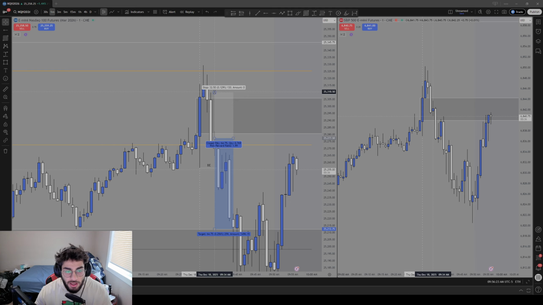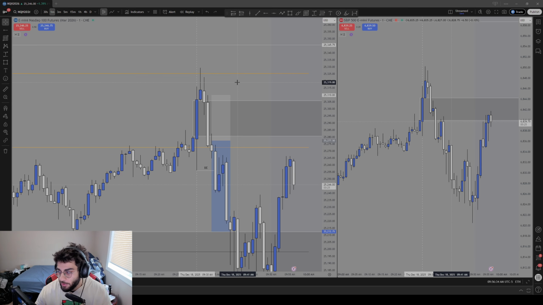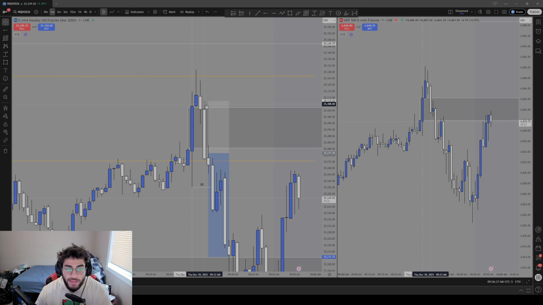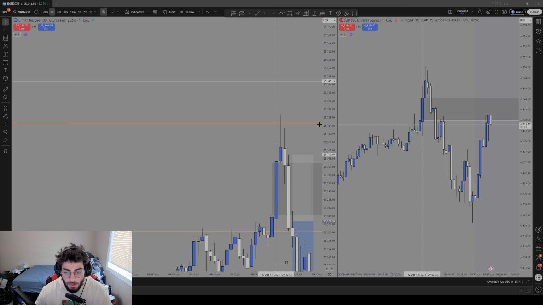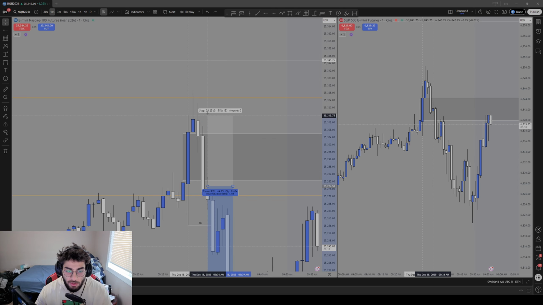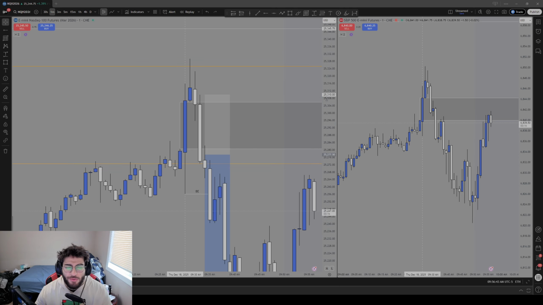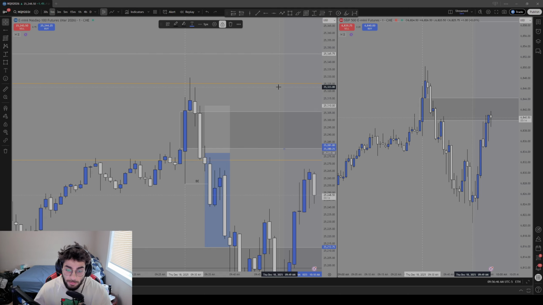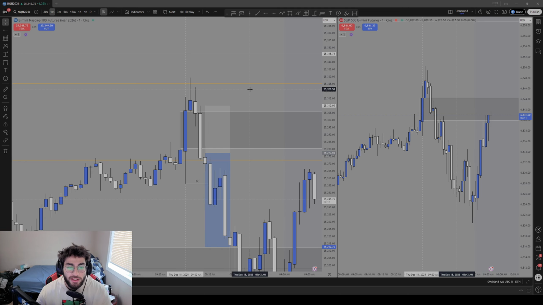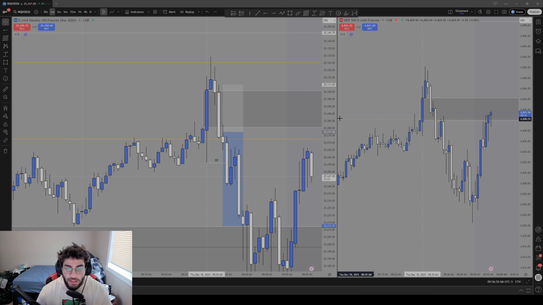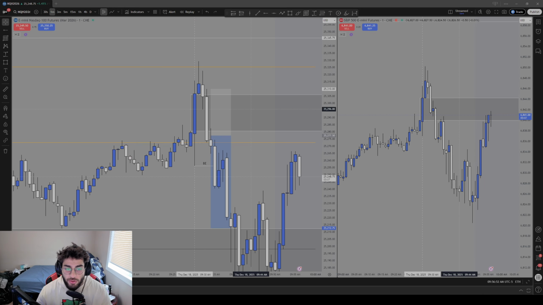loss. So I know you guys sometimes have seen me put stop losses up here, down here, or even right here, right? So something that I kind of figured out is that the most optimal place to put your stop loss is going to be the wick that inverts the gap, right? It's a little bit of a newer concept because normally I would have my stop loss all the way at the wick high. But if you really think about things, or at least if I really think about things and use my discretion, I notice that usually when inverse fair value gaps play out, it'll never retrace higher than the